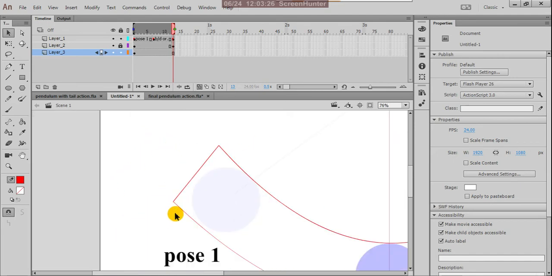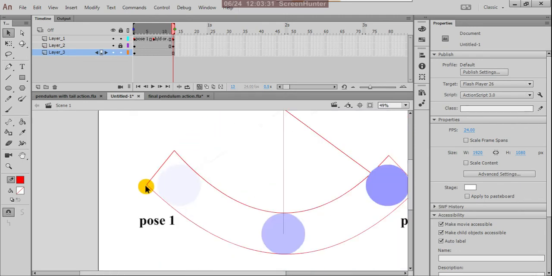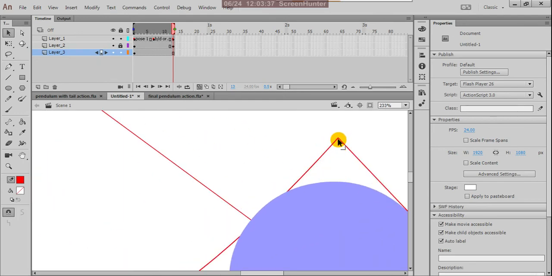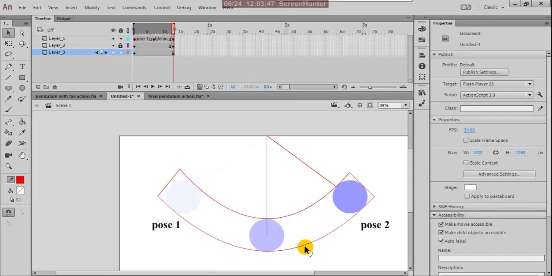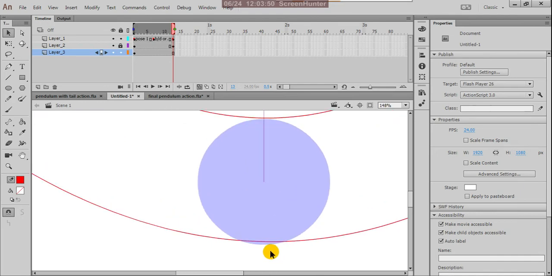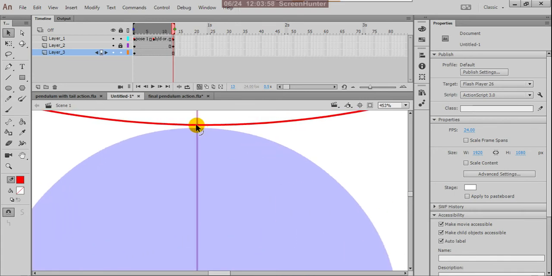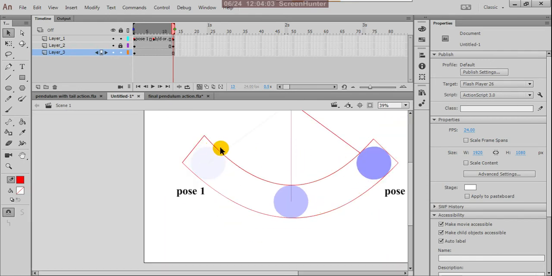So you have to match this. Yes, it's okay.